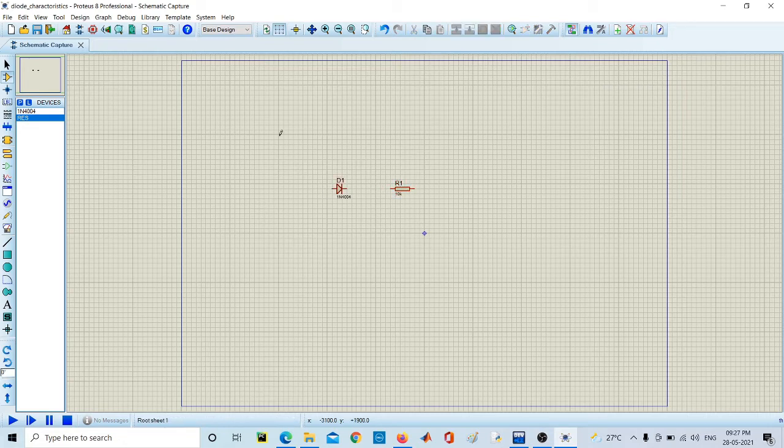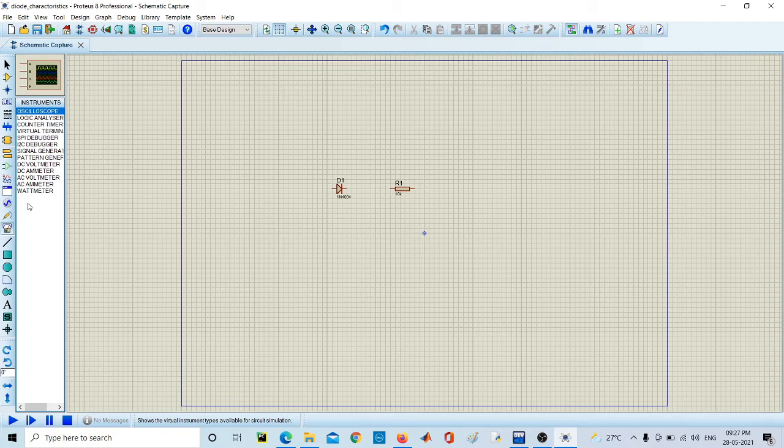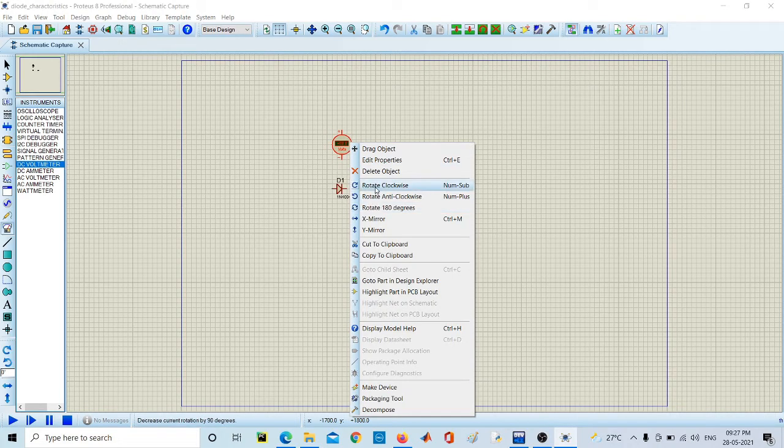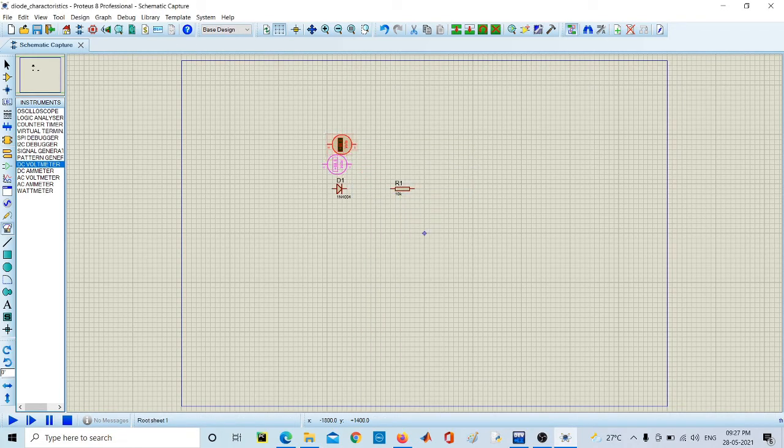After this, we want to measure the current and the voltage across the diode. Let's select this icon, and in that icon select the DC voltmeter and place it above the diode and rotate it. We also want to measure the current, so select the DC ammeter and place it here.